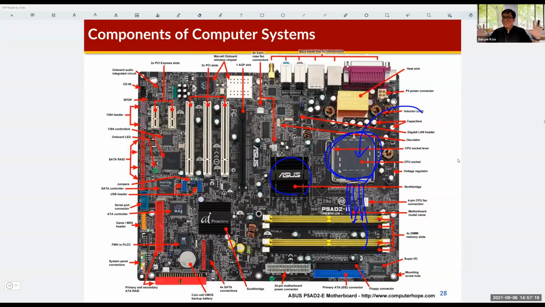So actually there are many components like hands, feet, and some other organs inside our human body. But these organs are controlled by our brain. And then the computer systems are similar. So that means through the main board, many I/O devices are connected, and then these I/O devices are controlled by CPU, the central